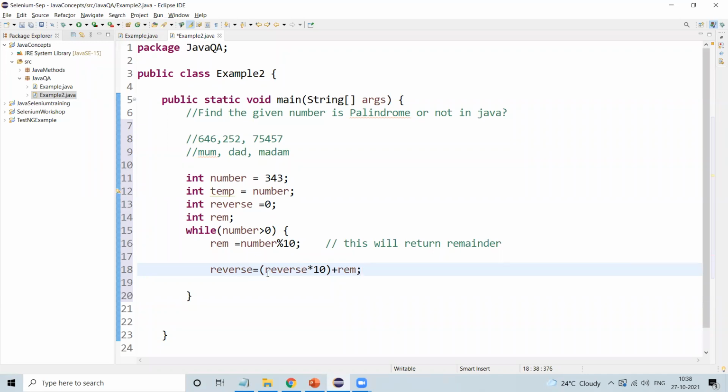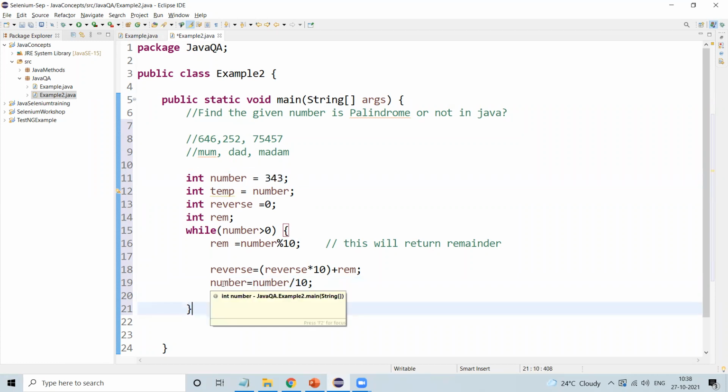So what we have done here: the reverse value is now 0, 0 into 10, plus the remainder. The remainder value here is 3, so a 3 will be stored in the reverse variable. Then, for the number variable, we make number equal to number divided by 10. The divide returns the quotient, so 343 divided by 10 will return 34. So 34 will be stored in number.